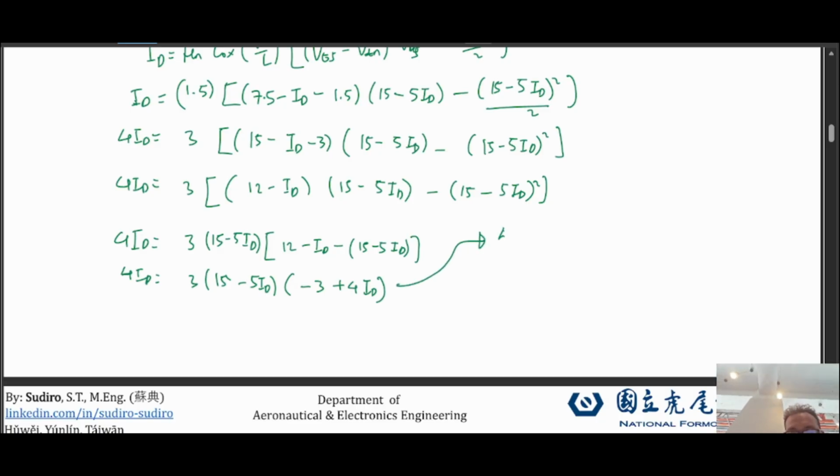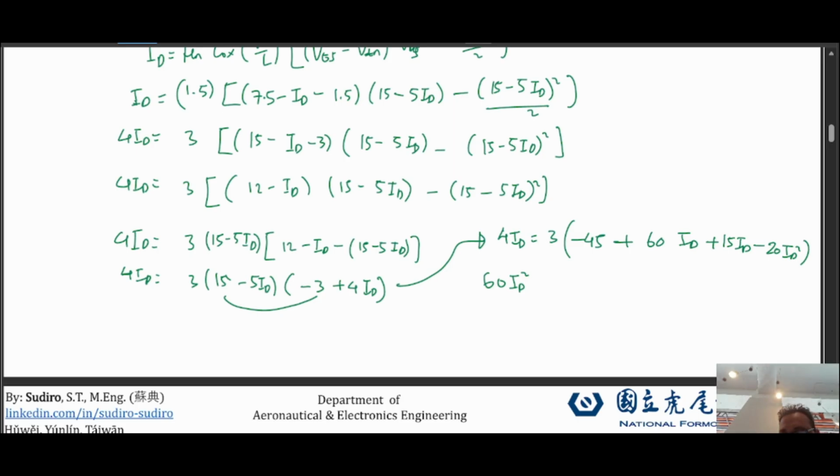We get 4 ID is equal to 3 times (minus 45 plus 60 ID plus 15 ID minus 20 ID square), and we get here 60 ID square,